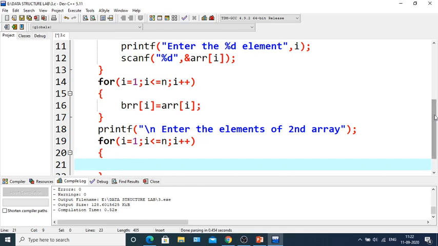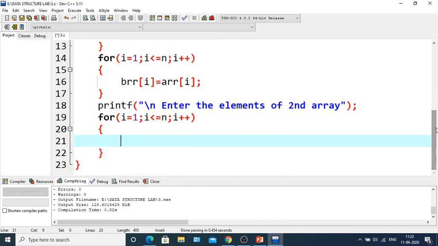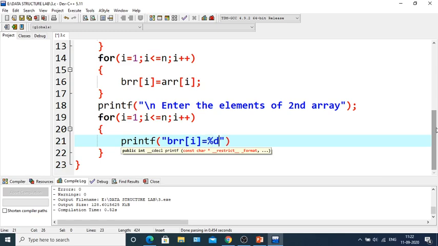Here we will use printf brr i equals to percentage d. First the i and then the brr i. Printed.